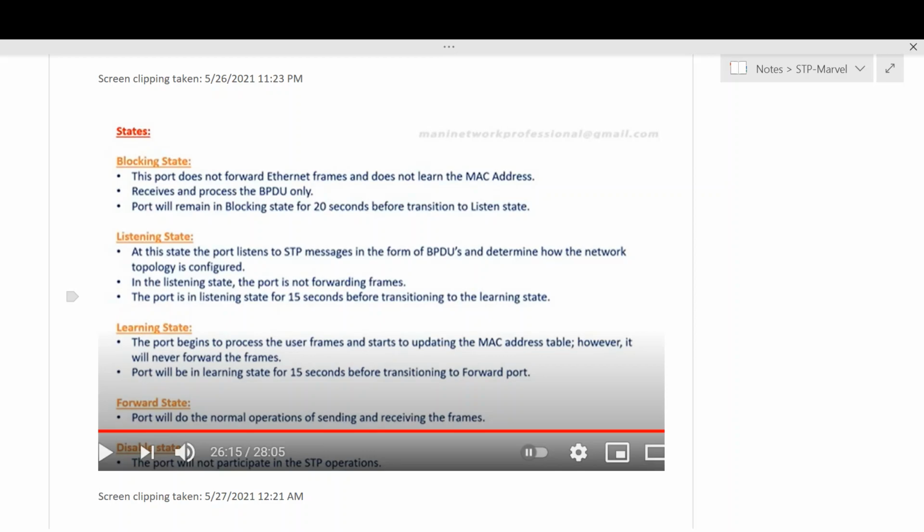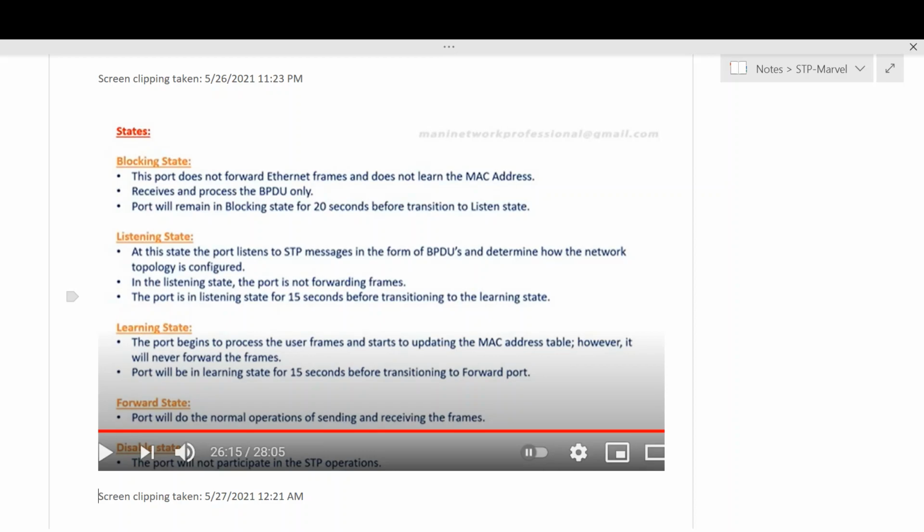Once the port is in the blocking state, the next step is to move to the listening state. How is this identified? Based upon the age out, it takes a minimum of 20 seconds. After that only the topology is recalculated and the algorithm is executed. So it takes minimum 20 seconds to switch over to the listening state.